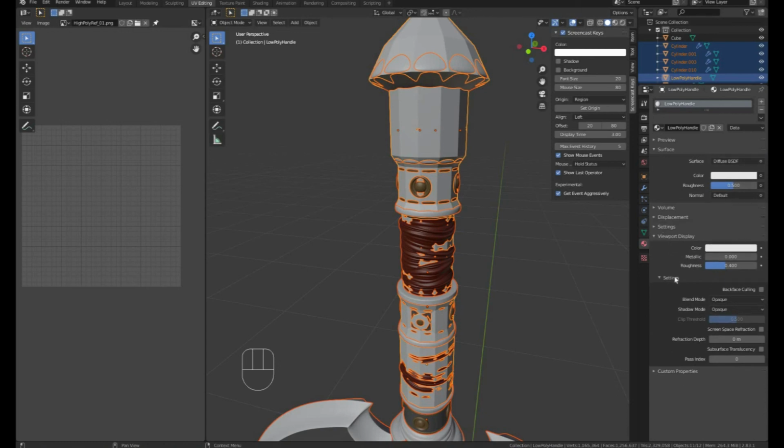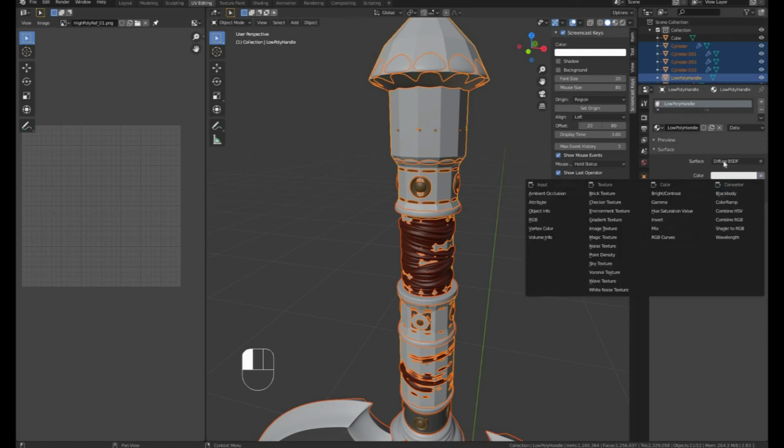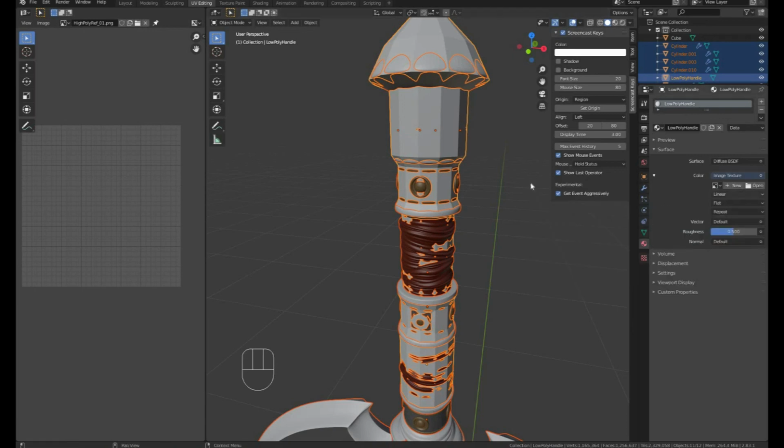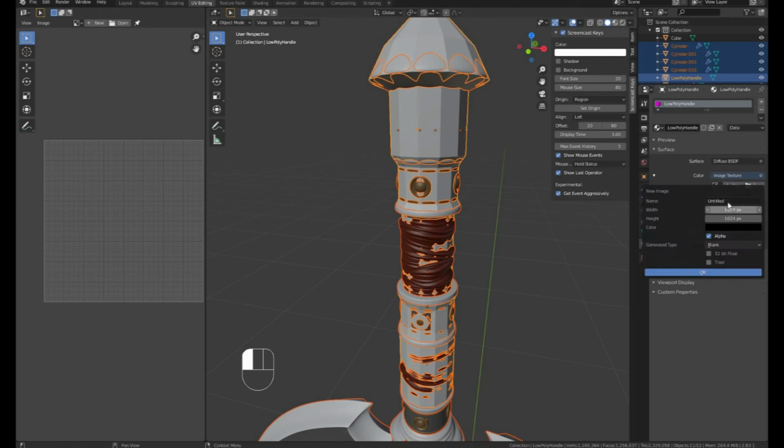Things like displacement and viewport display we don't need to worry about. So this color here, add an image texture. Now we haven't created our texture for baking just yet. At the moment it's just a blank high poly ref.png. That was from the image last week, which is no longer in the folder, so if we delete that there, we've got the option of either clicking new to make a new image here, or new to make a new image here. If we make one in the slot already,